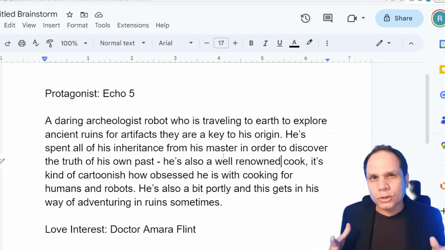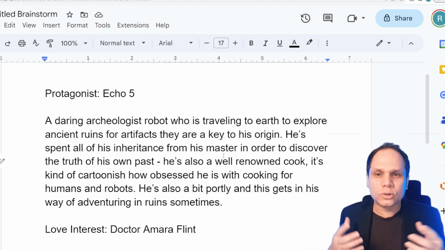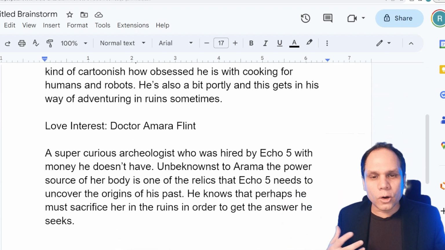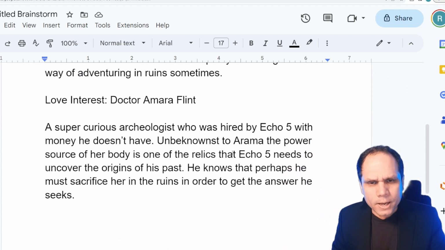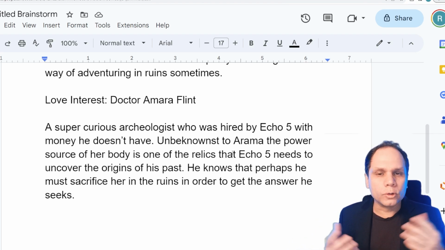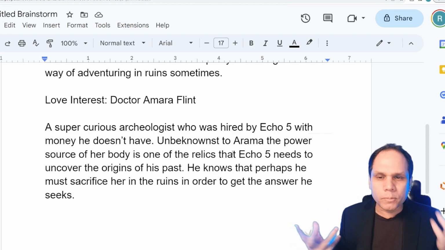So this is kind of cartoony so far. I could kind of see this story as a cartoony kind of thing. It's not really all that gritty or anything like that. It could be a comic book. It could be a cartoon, just a fun short story. So this is kind of where I'm going with it.